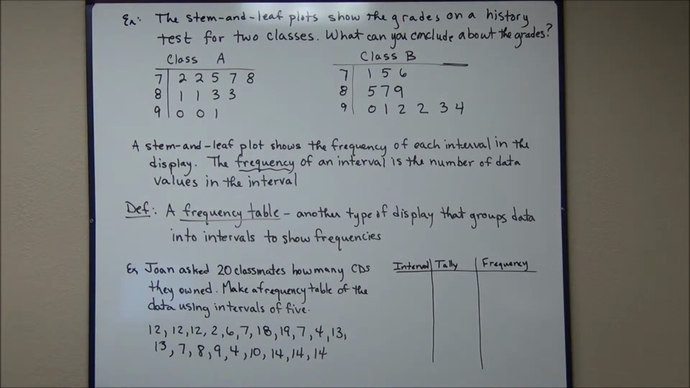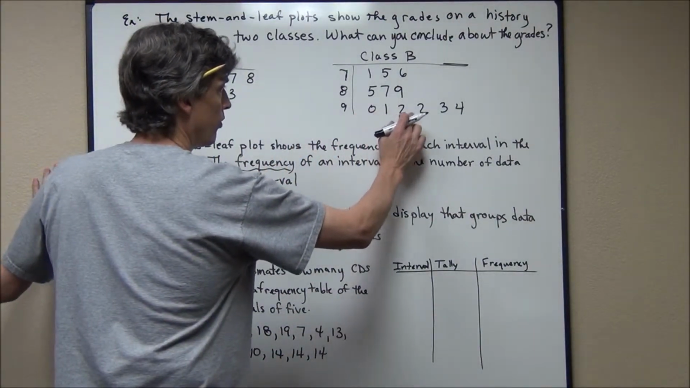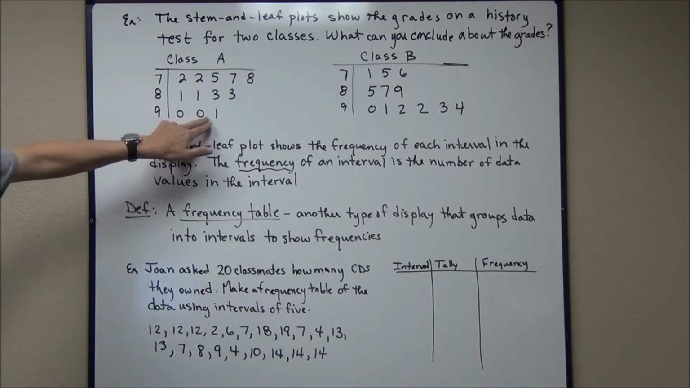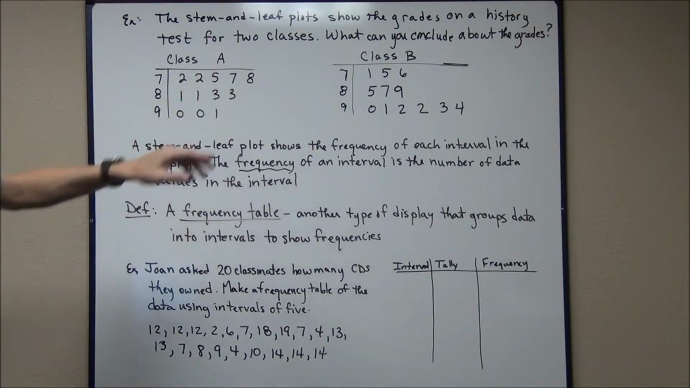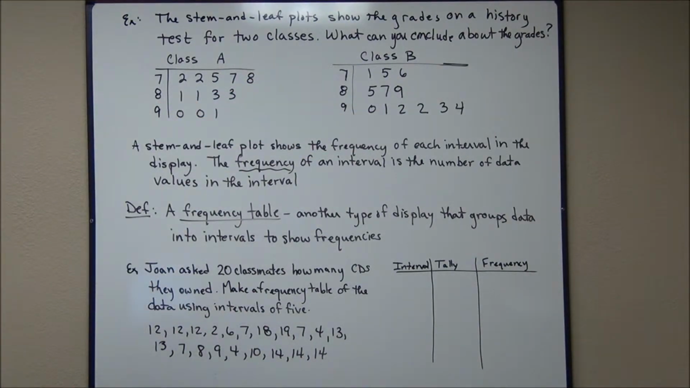What I see that kind of stands out is that Class B had 1, 2, 3, 4, 5, 6 students get A's, whereas Class A only had 3. So my conclusion would be Class B did a better job overall. They had fewer C's and a whole lot more A's. They did better on the test than Class A, based on this